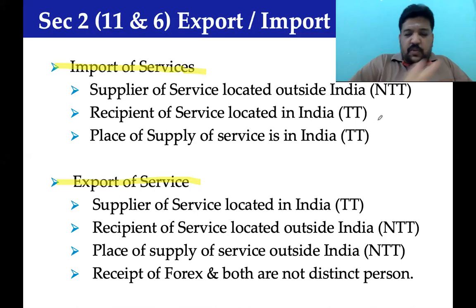No. This one slide is such an important slide for you because it throws you 4 options. Import of service, not an import of service. Treatment is different. Export of service, not an export of service. Treatment is different. Quick. More than half of you did not answer it consciously. I don't know why. Let me repeat. 60% of you did not answer. I am unable to understand that reasoning itself.